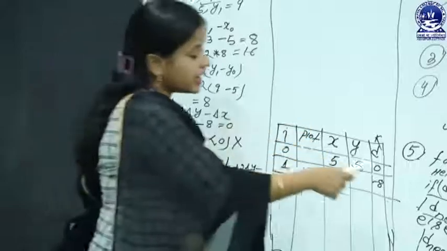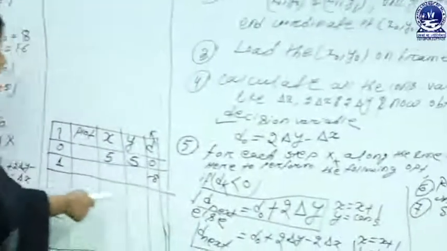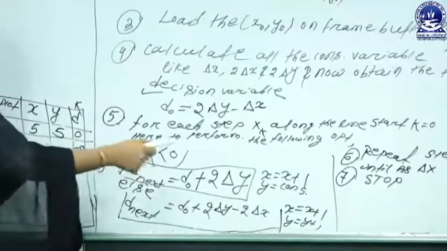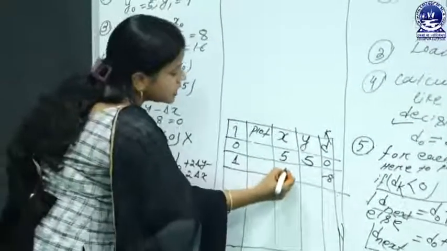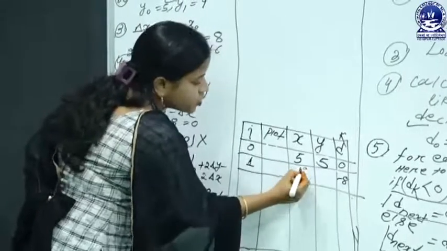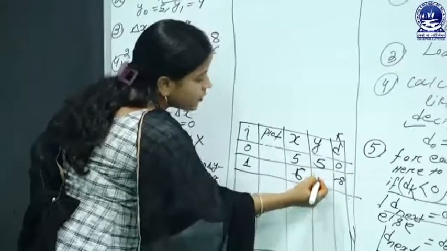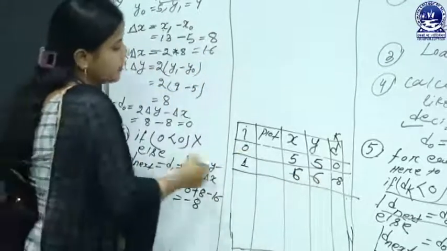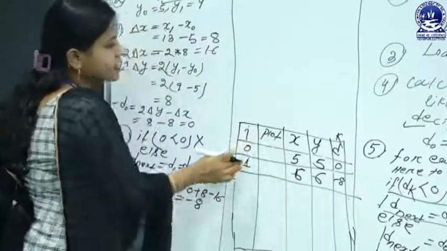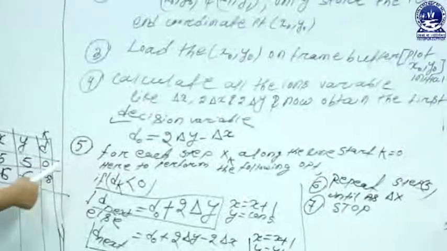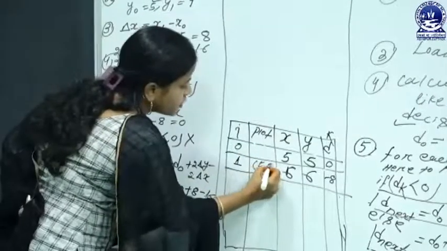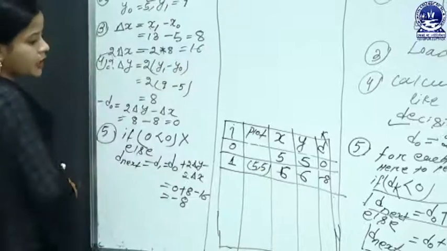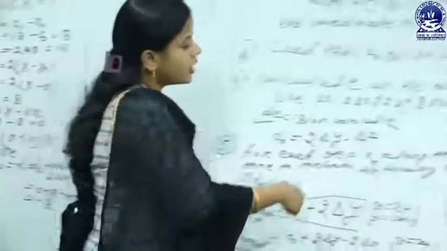But when the else condition is satisfied, then the given x and y coordinates are incremented by 1 unit. So the x coordinate is incremented by 1 unit, that's 5 plus 1, that's 6, and also 5 plus 1, that's 6. In this case, as described before, first you have to plot the given coordinate value which occurs in the initial case. So here you first plot the given value, that's 5, 5. Then after that goes to the next step.